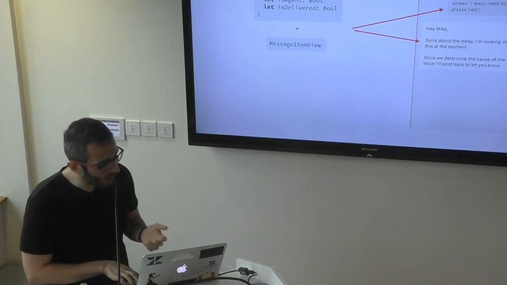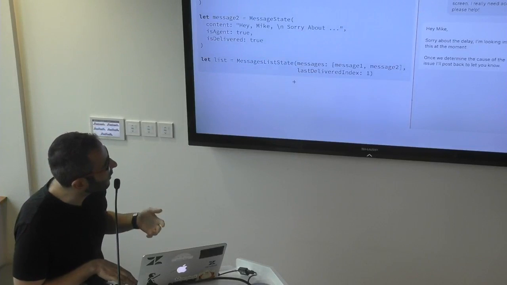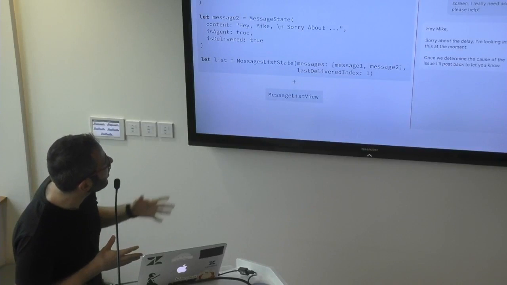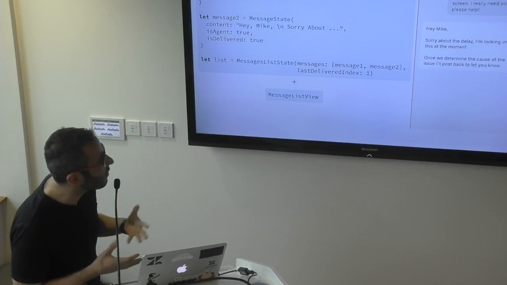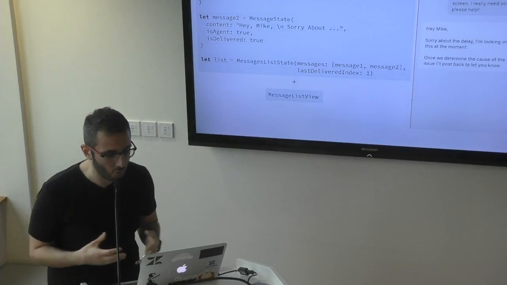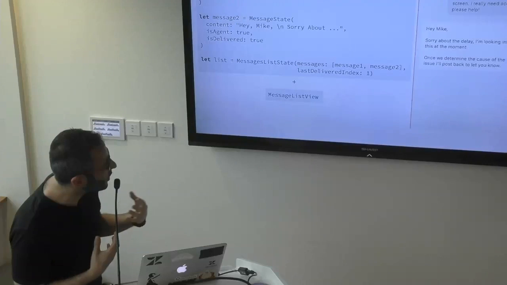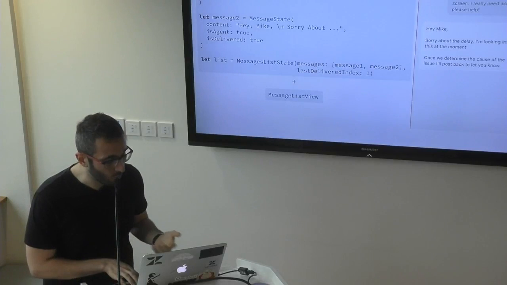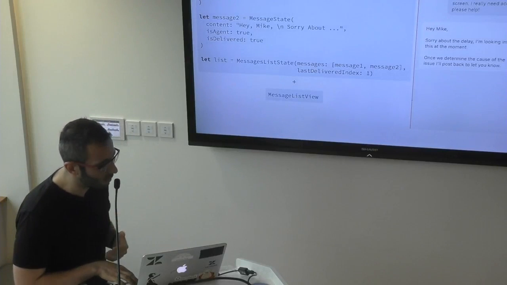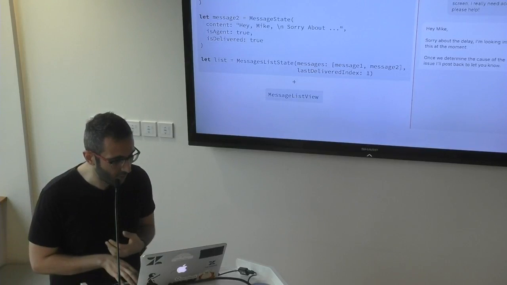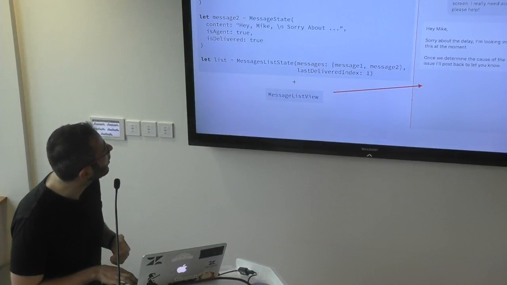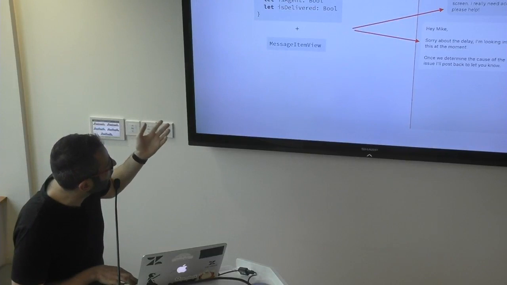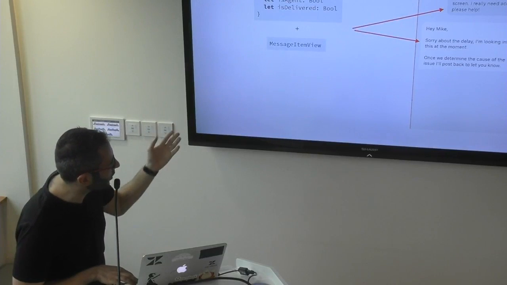So by having this kind of architecture where we create a state, and the state is a data structure which is only data, doesn't have code, no behavior, and we set it to this message list view, we think, and we would try to prove, that it represents correctness. So we can only have a correct UI. And we enforce it by how? So when we create one of these data structures and we set it to the view,